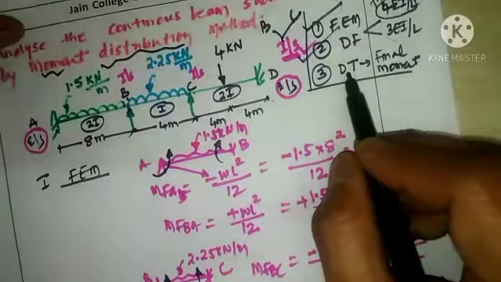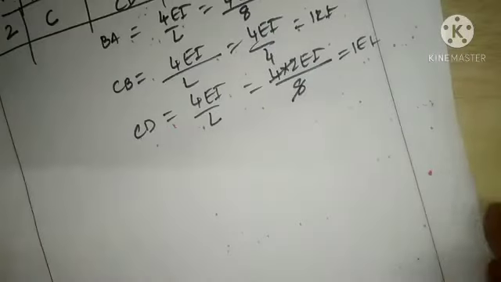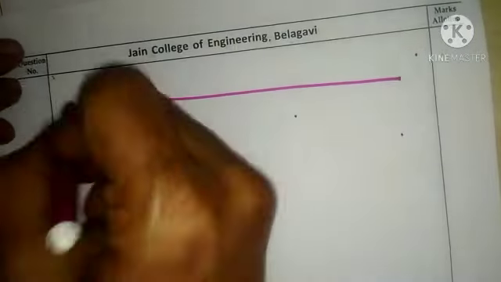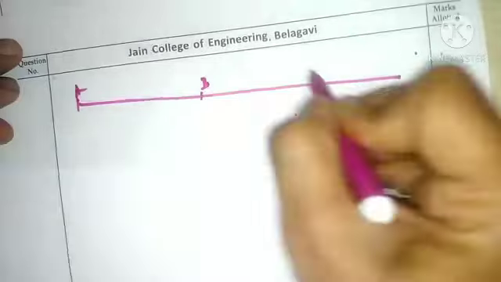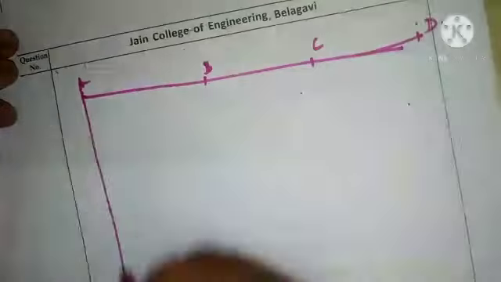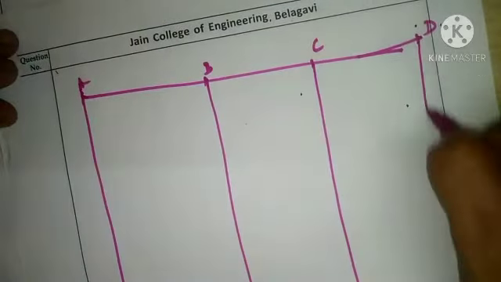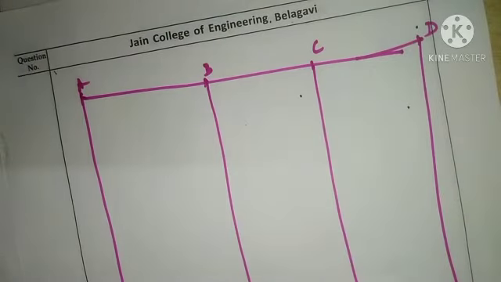Then the last step is to calculate the distribution table. To calculate the distribution table, it should be created in the form of the beam itself. So in the form of the beam, the table will be represented in this fashion. In total there are 4 points, and all 4 points need to be represented in the table. First point A, second point B, third point C and the last point D. Draw a vertical line so that it is categorized and separated in the form of the distribution table. So this is the table we are going to create.